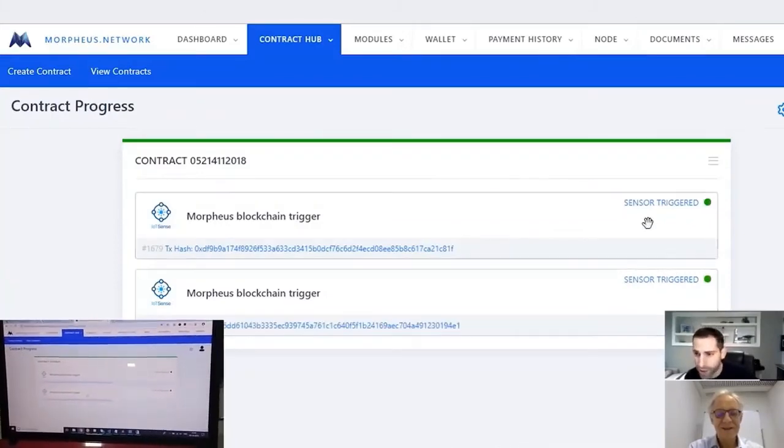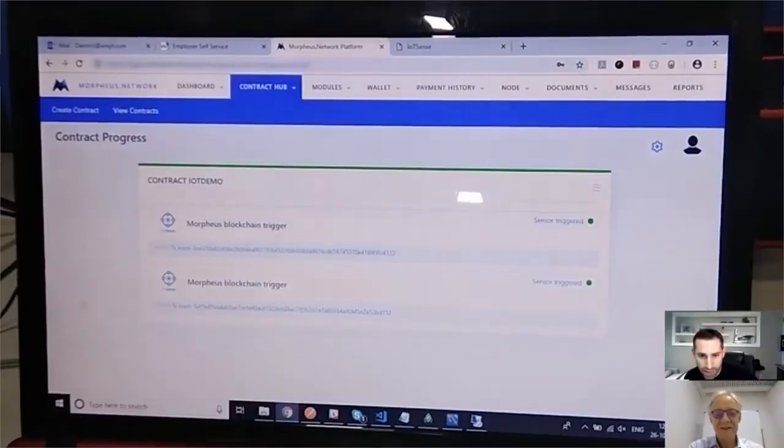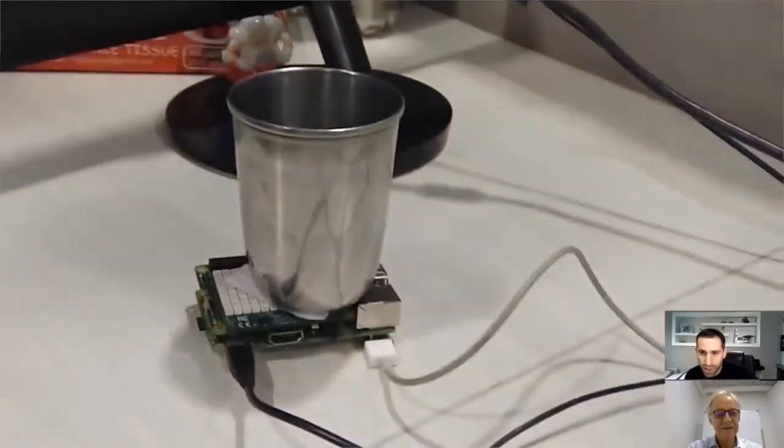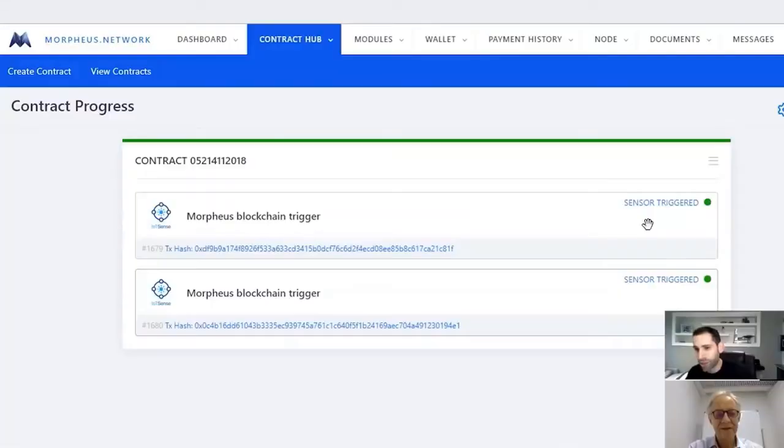And right now they've actually put on a different glass. That's warmer water there. Yeah. And that's actually triggered the second trigger as well. So we have two different temperature sensors, both hashed on the blockchain as well, both given a unique location on the blockchain. So even though in this specific demonstration, we're just basically showing that, we figured that temperature in our